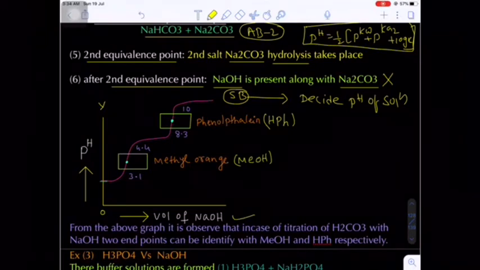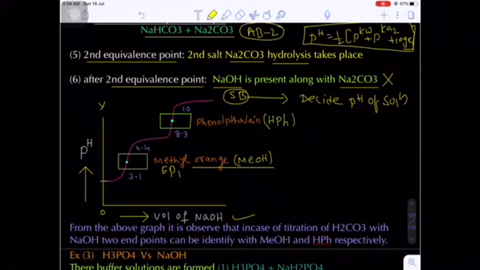Now here if you see the graph, in this graph the pH value is on the y-axis and the volume of NaOH added is on the x-axis. Here remember, whenever we are adding the alkali, the OH minus ion concentration increases, the pH value increases, and the graph will be in the upward direction. Remember, if the acid is added, that means the volume of acid is taken on the x-axis. So when the acid is added, the H plus ion concentration increases, the pH value decreases, and the graph must be in the downward direction. This is very important. Now there are two equivalent points.